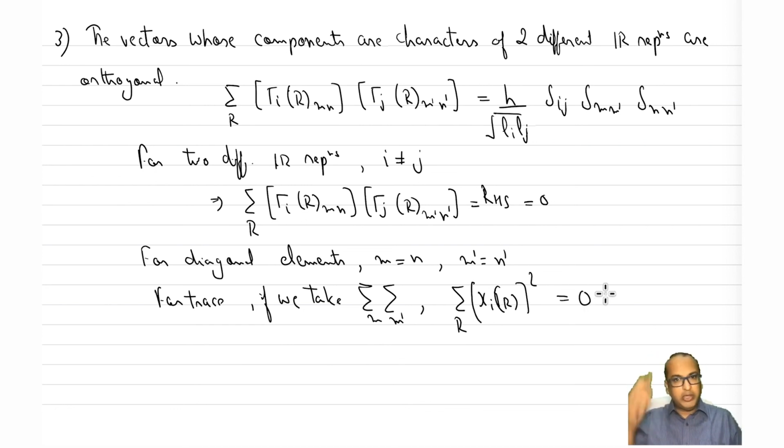So this was very simple to prove. Basically, the left hand side was very similar to the second property too, and the right hand side is very simple to show that it is equal to 0 because delta ij, i is not equal to j, so everything goes to 0. So let's look at the fourth property. Again, the fourth property we have already shown before.